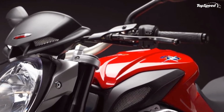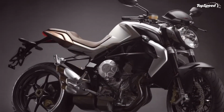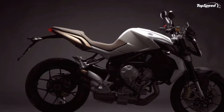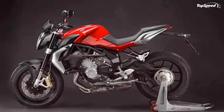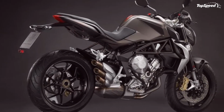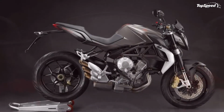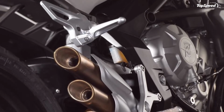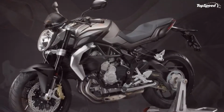The chassis, as is the MV Agusta tradition, is without rivals in this category. The frame is a mix of steel tubing and aluminum components that offers a level of rigidity that is destined to make it the reference in its class. At only 167 kg dry, the MV Agusta Brutale 675 can satisfy even the most demanding of riders. The extremely light weight coupled with the high power output of the engine will allow the Brutale 675 to accompany new riders from the beginning of their adventure on two wheels all the way to the peak of their riding